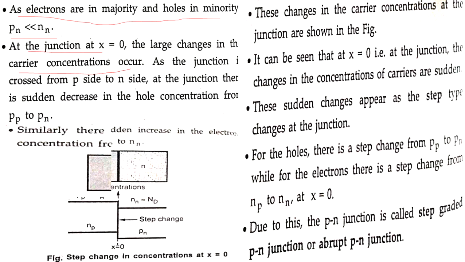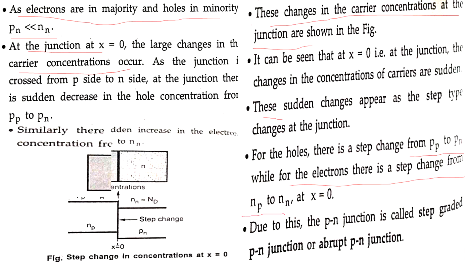So from P-type to N-type there is a sudden decrease in the hole concentration, and from N-type to P-type there is a sudden decrease in the electron concentration. So this change in the carrier concentration at the junction is sudden. There is a step change, right? There is a step change from Pp to Pn for holes,